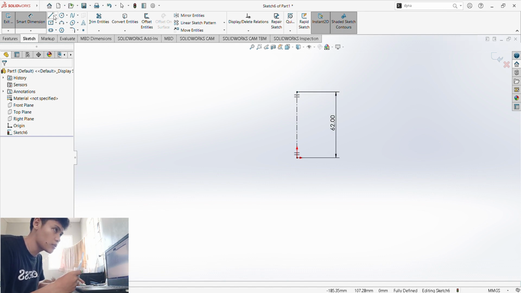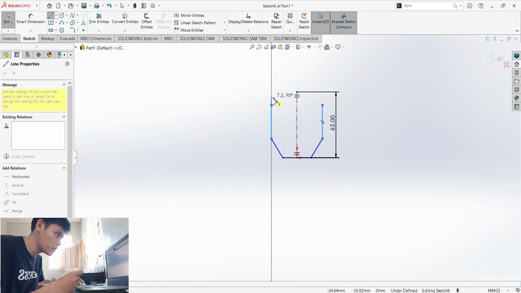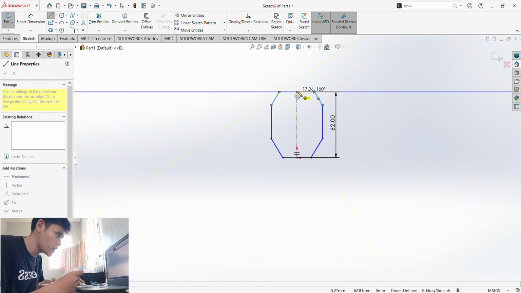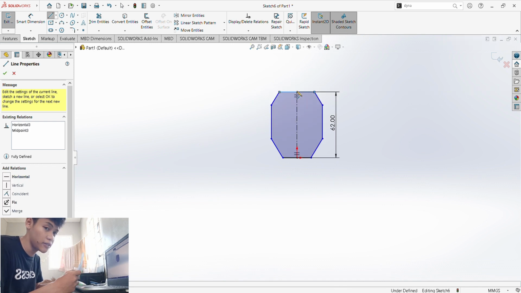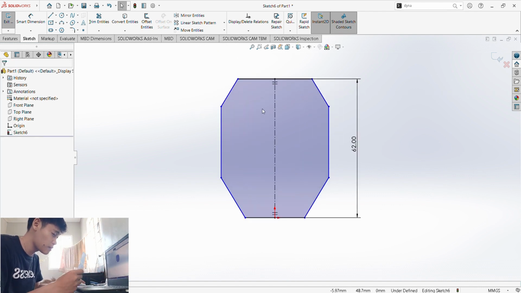So let's try to create something. First, let's put a line here and then here. As you can see, another line is being created on the other side of the reference line. So that's dynamic mirror entities. It is really convenient for symmetrical sketches for components. So let's press escape. Let's zoom in, which is just scrolling with the scroll button on the mouse.